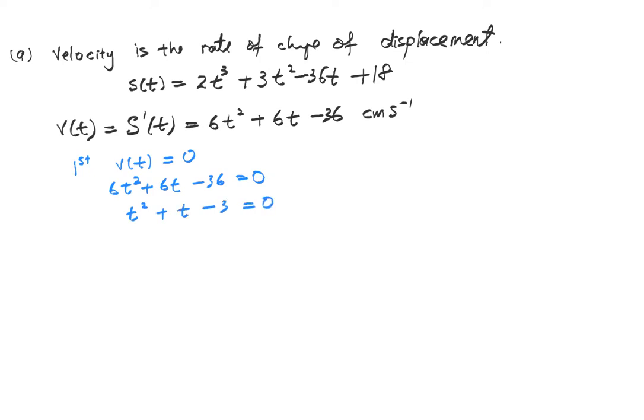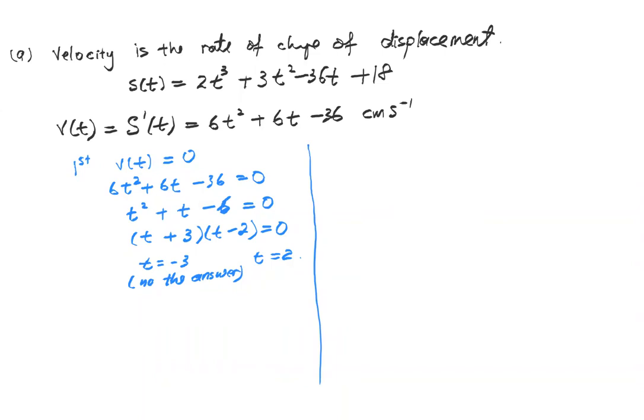So I have t minus 3 times t plus 6, correct? So t equals -3 is not the answer. Why? Because t must be greater than 0. So t equals 2. Correct? Okay, so now,